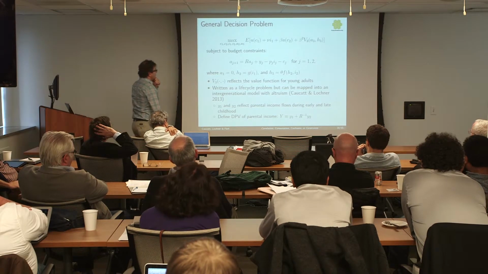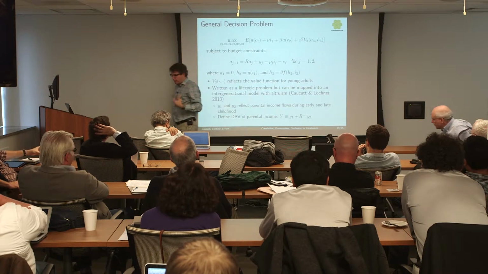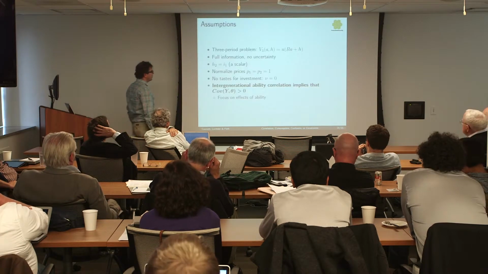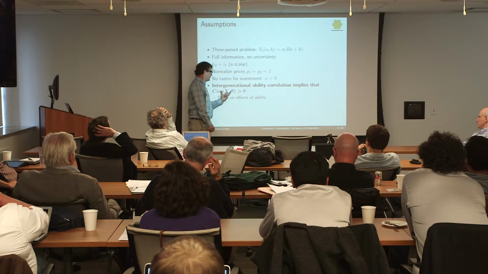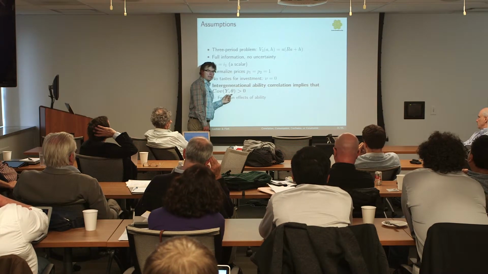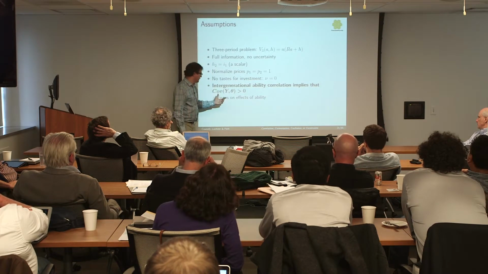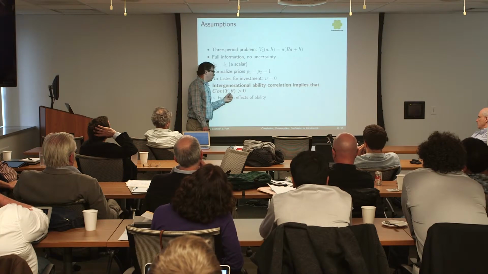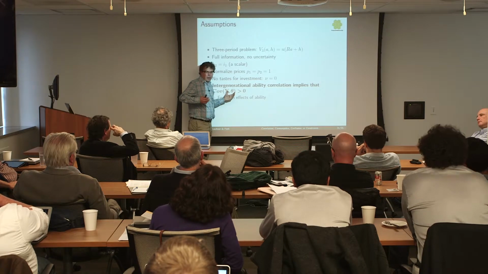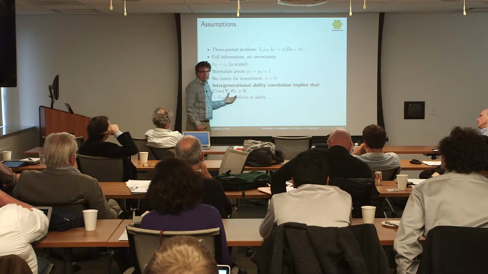So all I'm going to do now is go through different features of this basic framework and focus on them and say, what do we learn from them? So first, intergenerational ability correlation. I want to operationalize it by saying, let's think about a world where parental income is correlated with the kid's ability theta. This is sort of an unobserved correlation story. How does ability affect what we're looking at? So we think of kids from rich families as more able than kids from poor families. What does that tell us about what kind of allocations we should have?